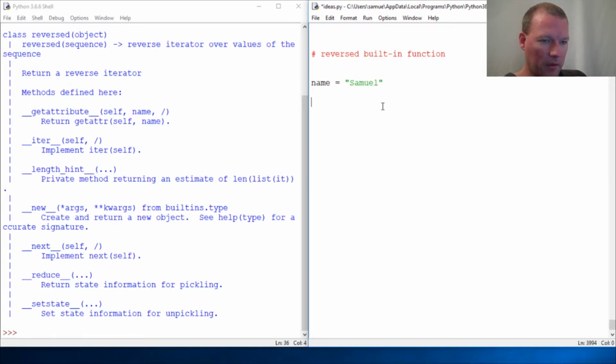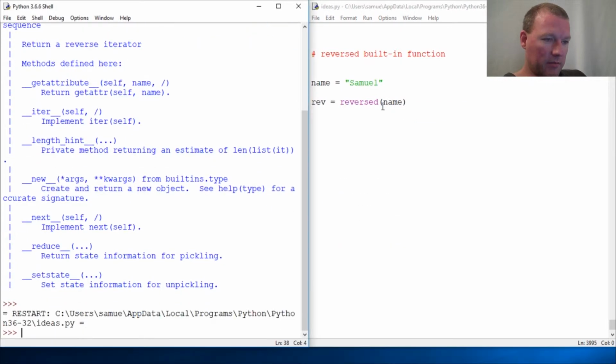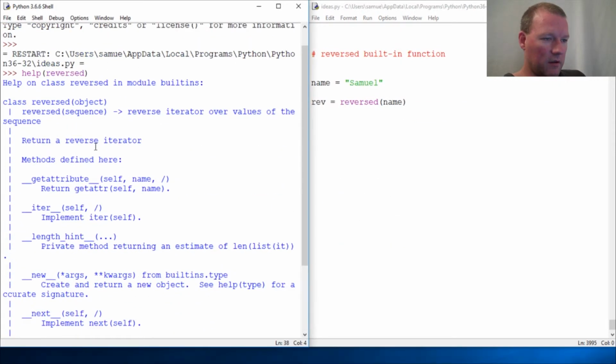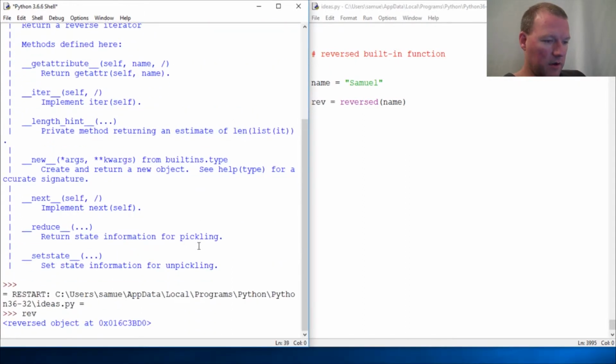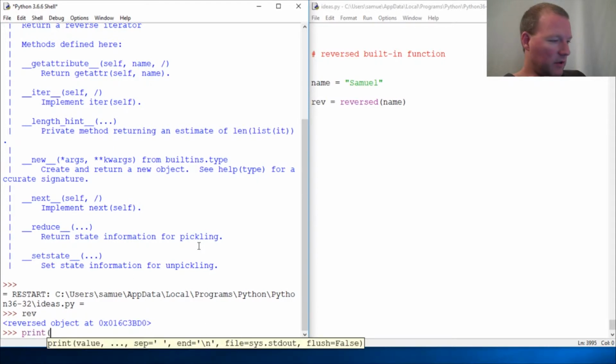Samuel, and then rev equals reversed name. Boom. This returns a reverse iterator. So rev gets an iterator, but we just learned a couple videos ago about a very cool